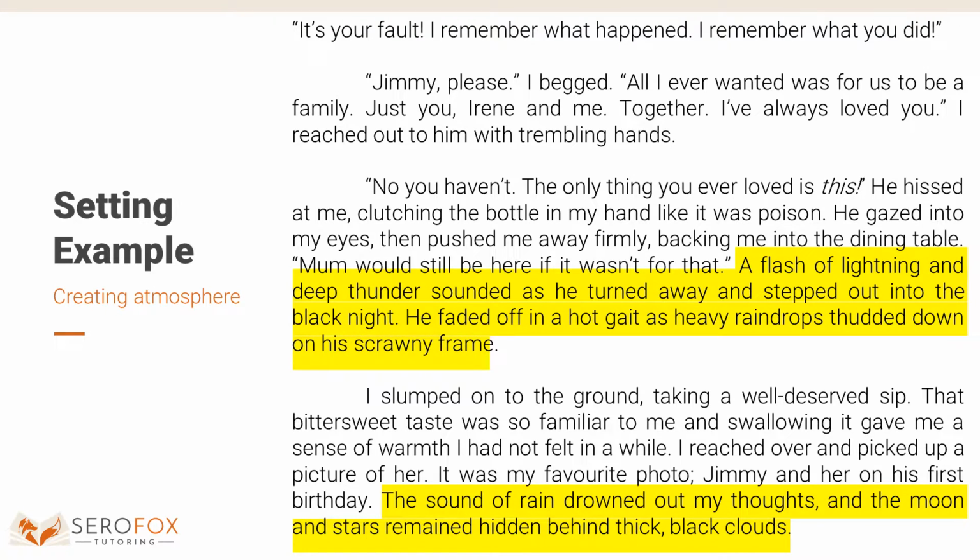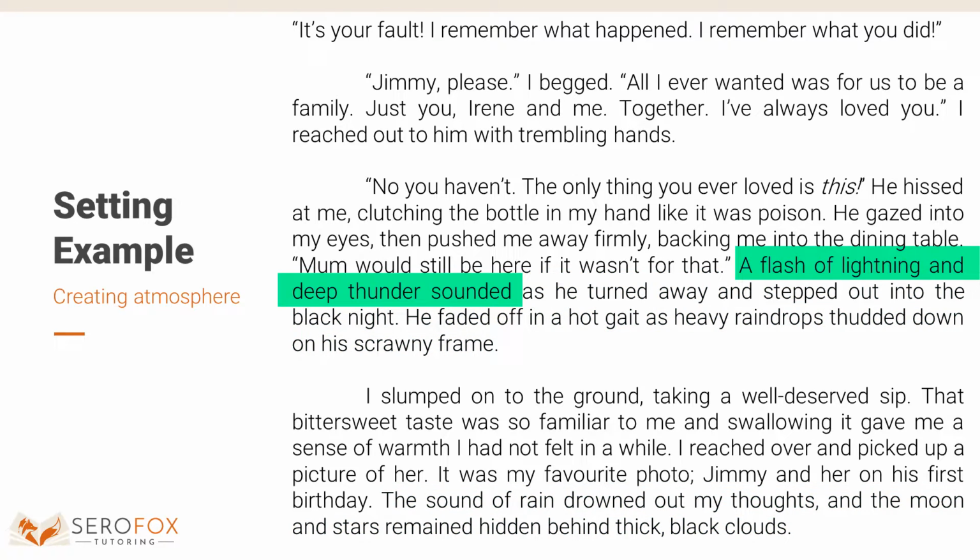Although setting here only forms a small part of the passage, it is used to emphasize the negative emotions our characters are feeling and the dark themes emerging from the argument between father and son. What I really found especially effective was the use of the sound of thunder following the son blaming the father for the death of his mother. This helps to emphasize the gravity of the situation and to help readers understand the wrath the son has towards his father. So remember, setting can mean so much more to your story than just where your story takes place.